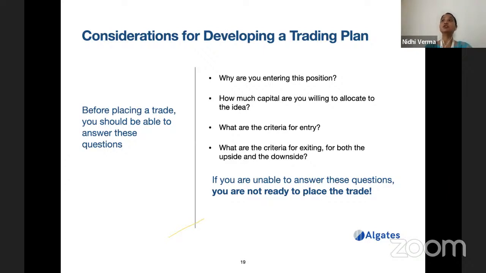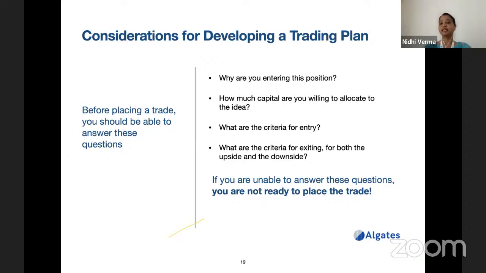What is the capital? For any idea, you should know that this much of my capital is going to go in it, because options are very leveraged instruments. So of course you cannot allocate, say, 50% of your capital to one particular contract, because if it goes against you, then you can end up losing a very big amount. Even 1 or 2 or 3% of movement in stock price can move the option prices by, say, 50% or something. So you need to know this, and you need to allocate a limited amount to one trade.